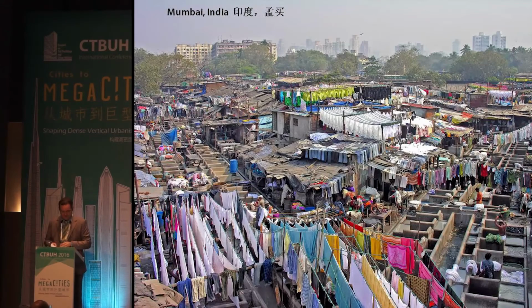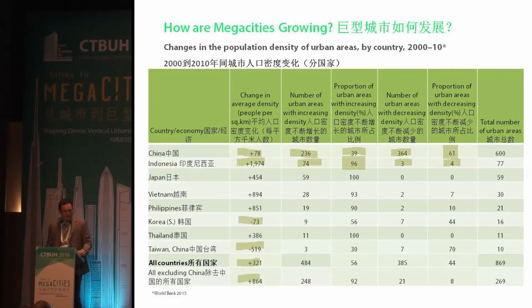And this is really how most megacities are actually growing. It's very informal. There's very little access to services, infrastructure, sanitation. This is another interesting way of looking at it. It sort of illustrates why China is such an outlier, but that you have to pay attention to because it's